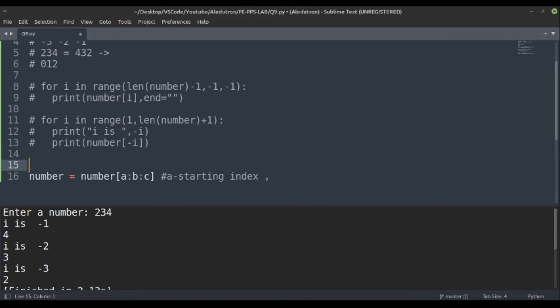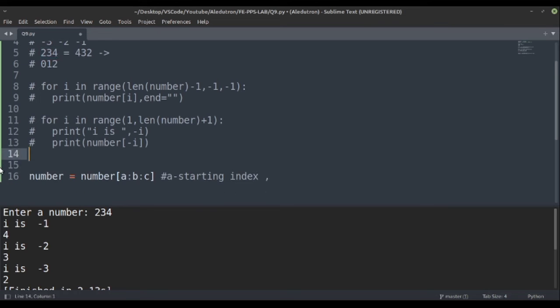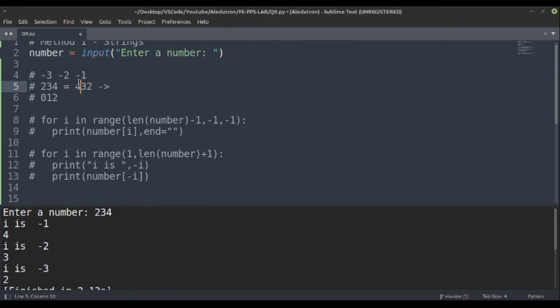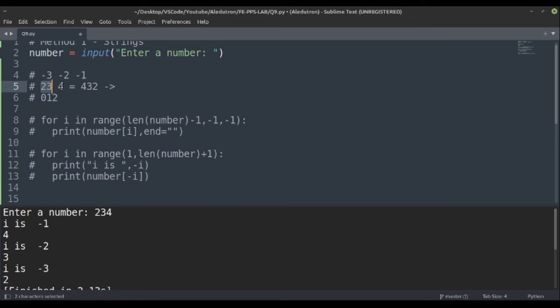Basically, if we consider a list of 2, 3 and 4. So here let's take the above example only. So here you can see 2, 3 and 4. So this is having index 0, 1, 2. So we can cut this list into two separate lists. So 2 will be separate and 3 and 4 will be separate by cutting this list between here. Similarly, we can cut from here. So here was 2, we can cut from here. So 2, 3 would become another list and 4 would become another list.